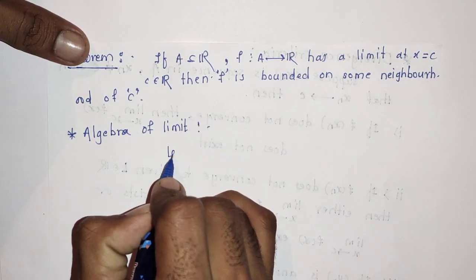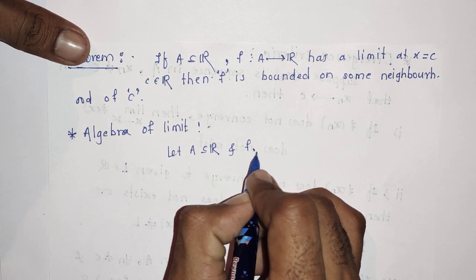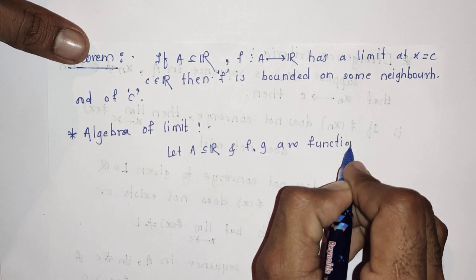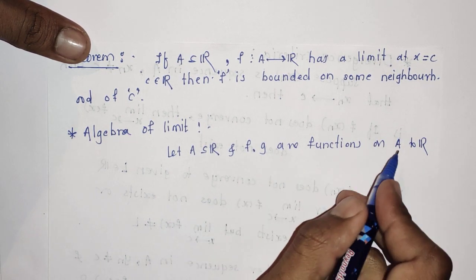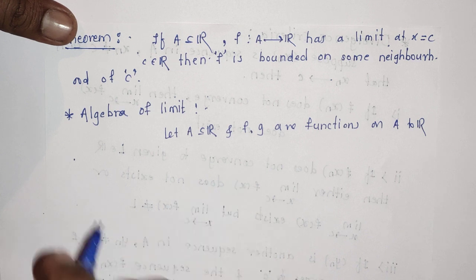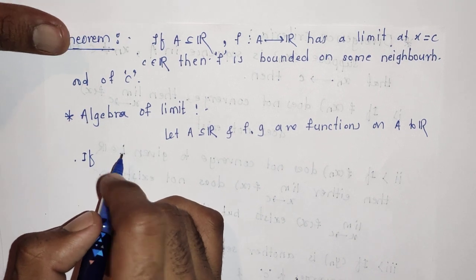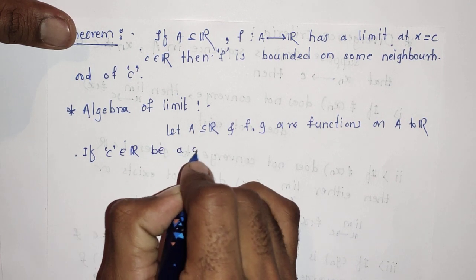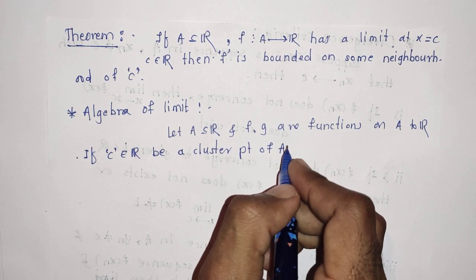So for the algebra of limits, let A be a subset of R and suppose f and g are functions from A to R, that is f from A to R, g also from A to R. If c belonging to R is a cluster point of A, and